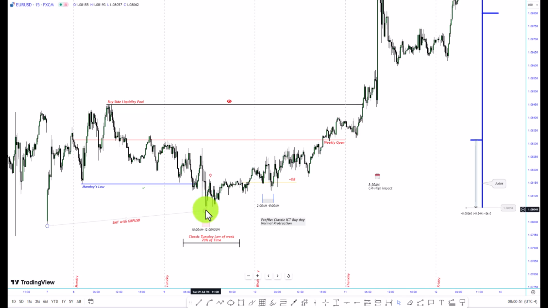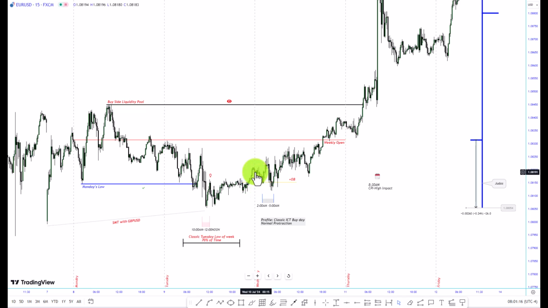Now Tuesday gave us the low of the week, and everything has to blend well with the time and price theory. It was inside the London Close Killzone. So Wednesday, when I had the setup, I didn't want to see this particular low being taken out, but instead I wanted the market to come for this particular liquidity pool, because the market tends to be moving to where orders reside, and of course Monday's high, in the form of this buy side liquidity pool over here.